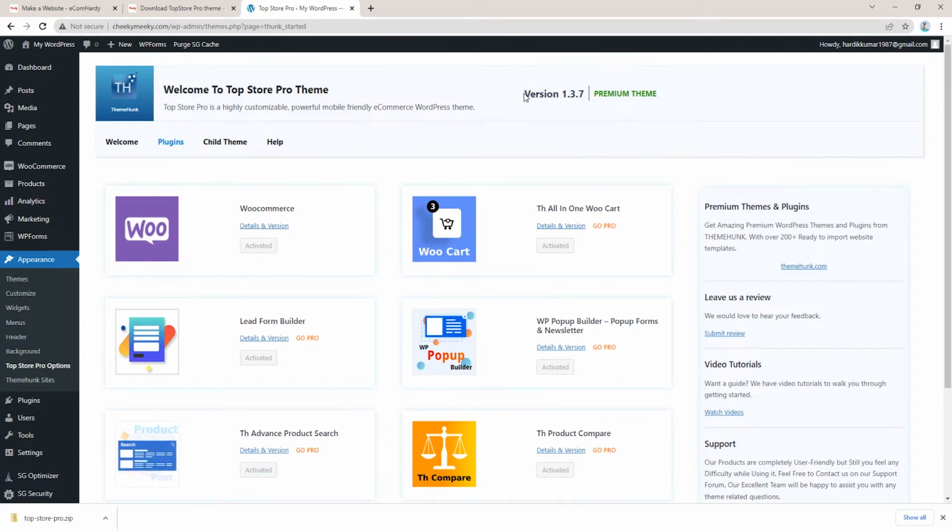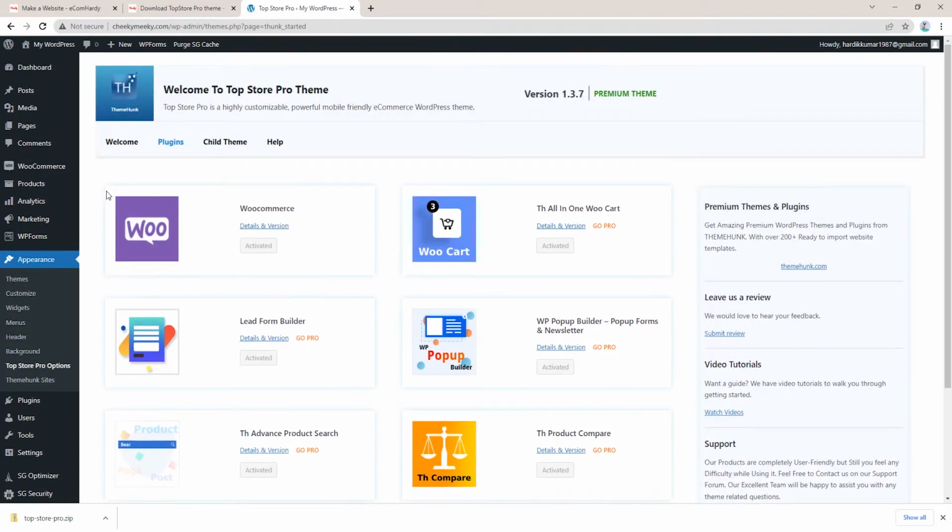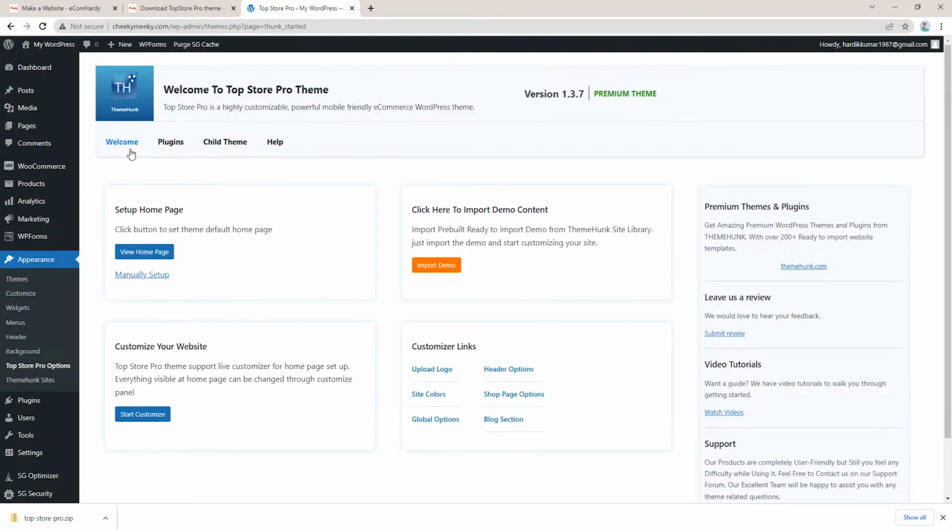As you can see, you are at the version number 1.3.7, and I'm waiting for this to be done. Okay, all the plugins suggested are installed and activated. Now go to Welcome tab again, and here this option says Import Demo. So simply click onto that,